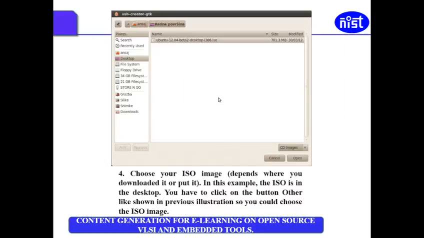Choose your ISO file. Please make a note of exactly where you downloaded your ISO file, that is the Ubuntu installation file. Then you need to click the button and, following the previous instruction, choose your ISO file as it is being shown here.